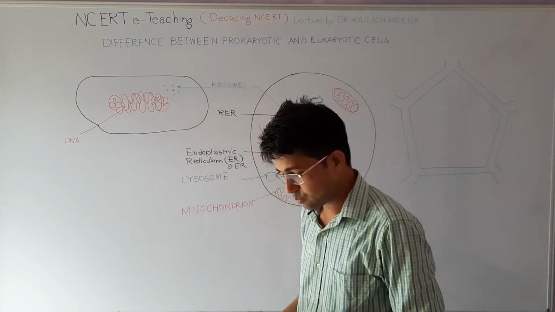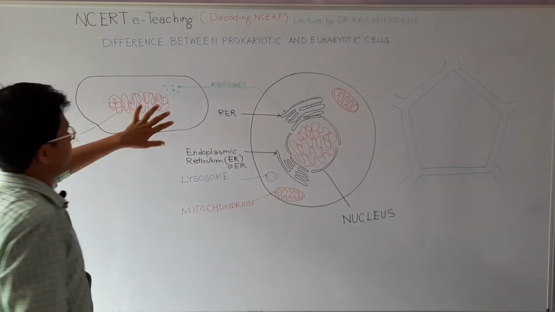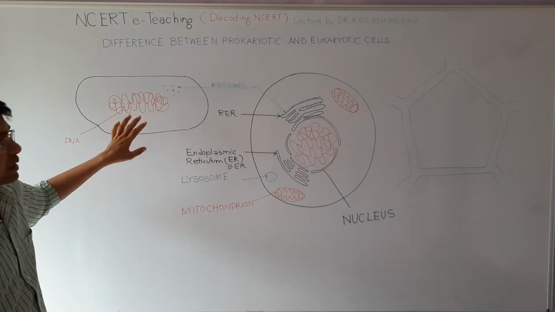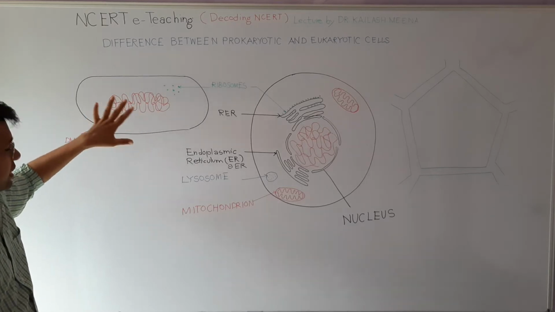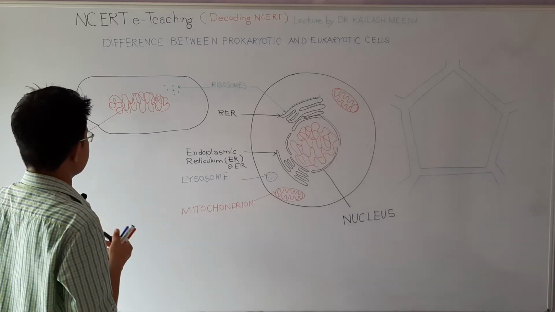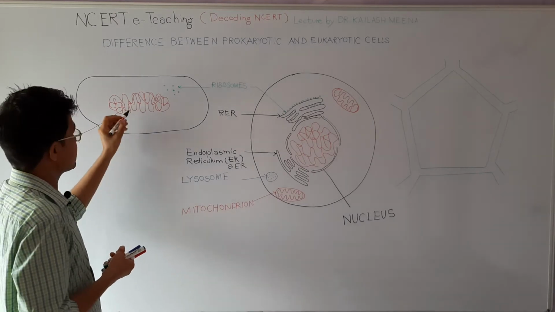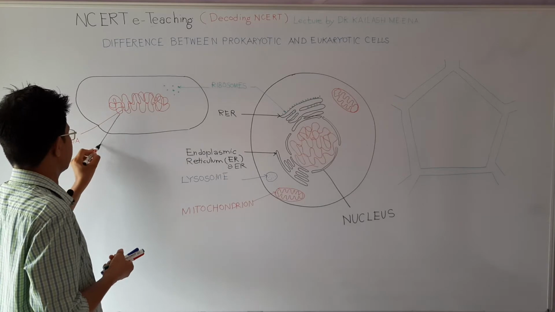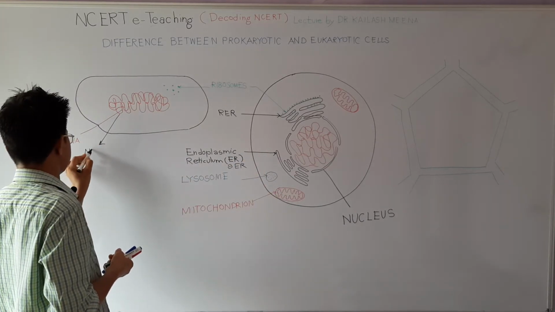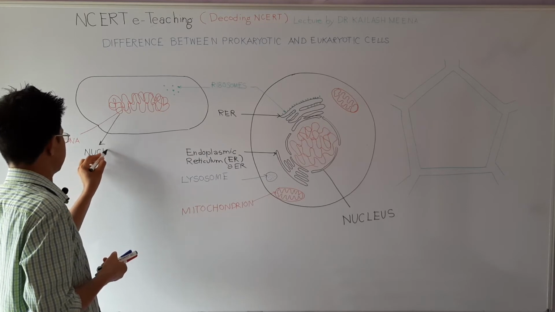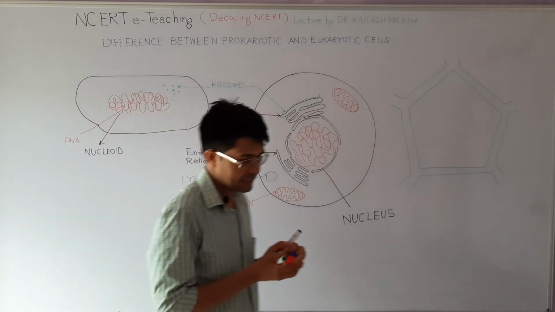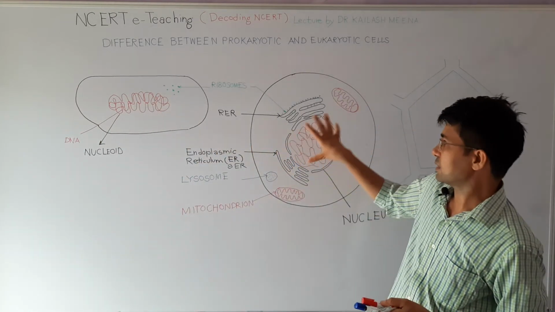Sometimes I also believed that if a prokaryotic cell doesn't have a nucleus, it doesn't have DNA. That is not true. It has DNA, but arranged with another type of proteins without a membrane. We call this systematically arranged DNA in a prokaryotic cell the nucleoid. Here we call it nucleus with membrane. Here we call it nucleoid. So this is the difference between prokaryotic cell and eukaryotic cell, the compartmentalization.